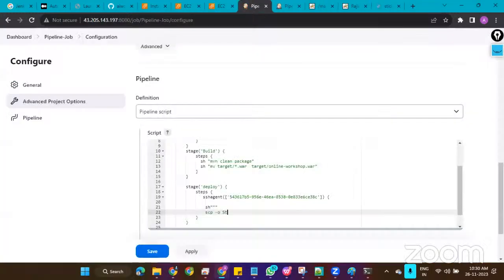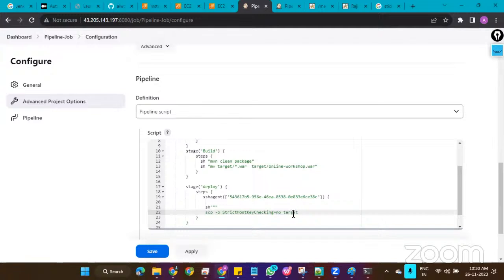Something is coming. Okay, let me write with my hands only. StrictHostKeyChecking is equal to no, we can provide, and then what we provided above,